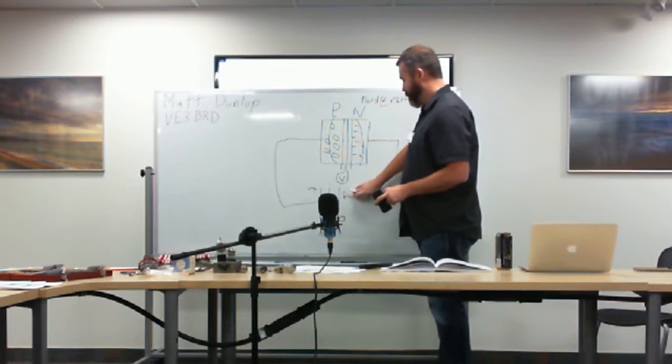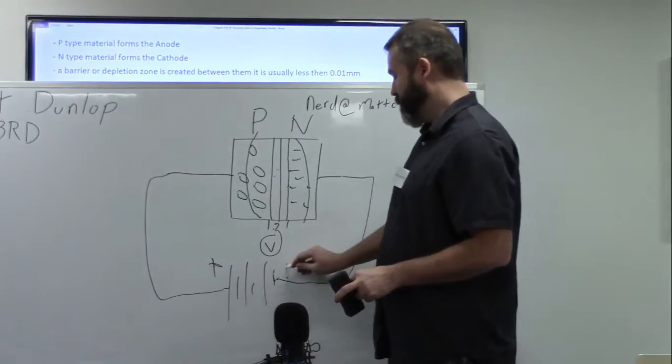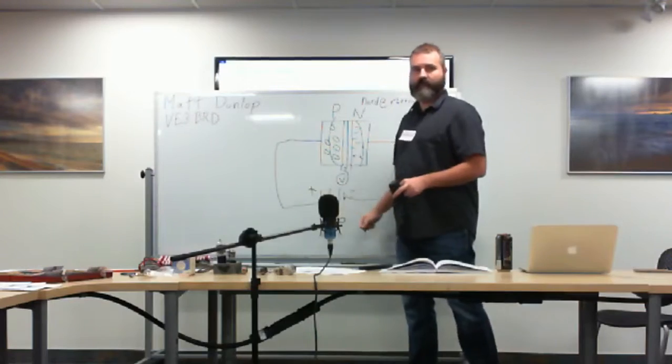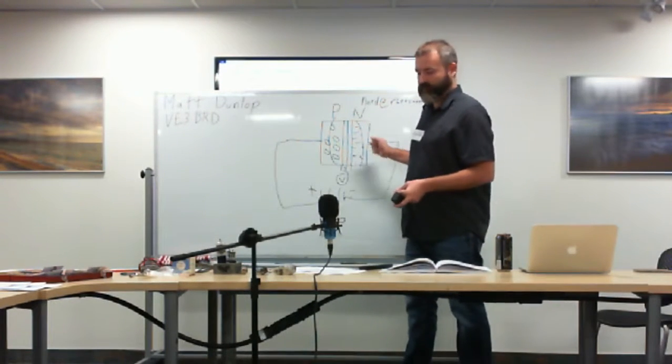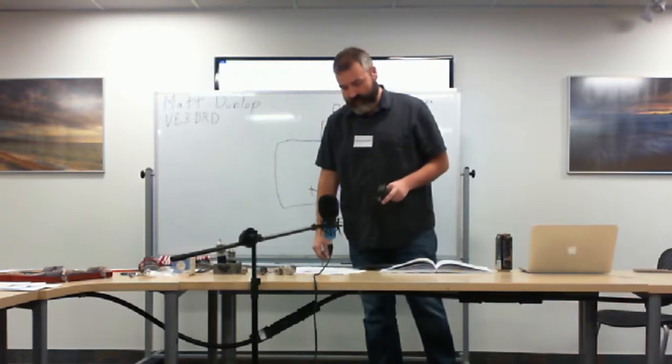By the way, the other thing you need to know is when we have our positive to positive or negative to negative, and electrons are flowing through this circuit, this is called forward biasing the circuit. This is a forward bias. And the other way is reverse bias. Forward is when things are flowing.